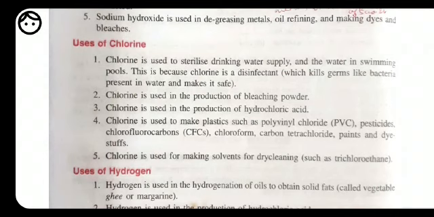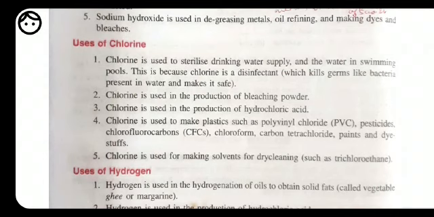We put chlorine tablets into the swimming pool because a swimming pool is common to many people, and different people may have different diseases, like skin diseases. That's why there is a need to put chlorine into the pool to avoid infection from one person to another. We also use chlorine in the drinking water supply that comes to our houses.